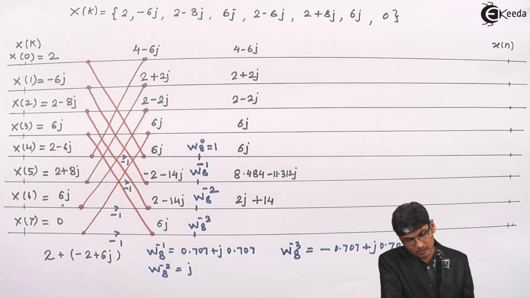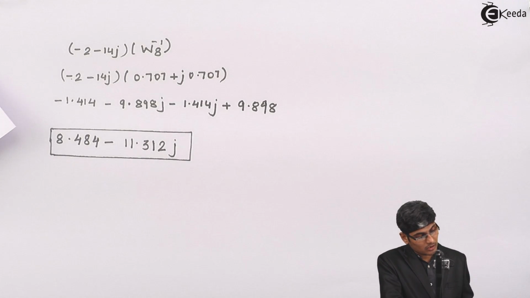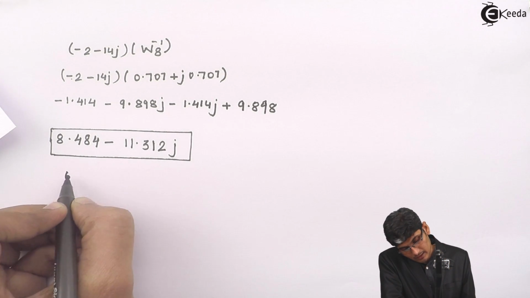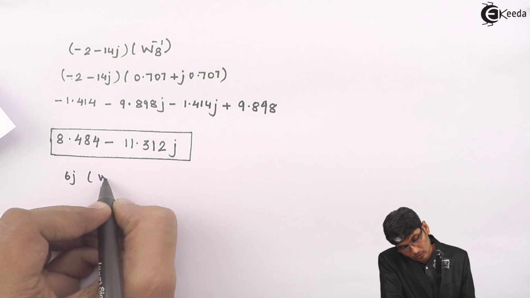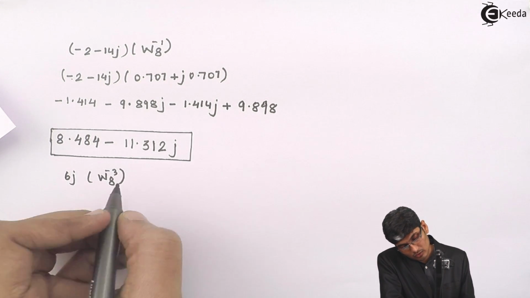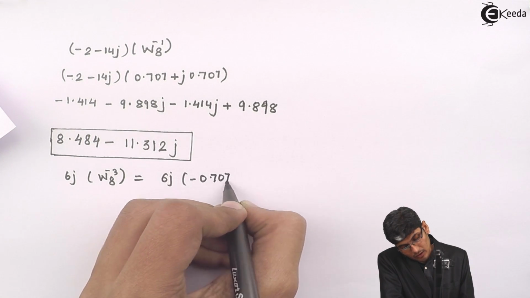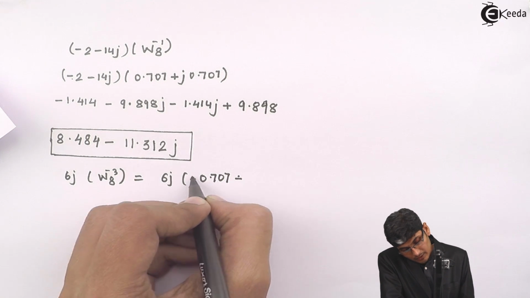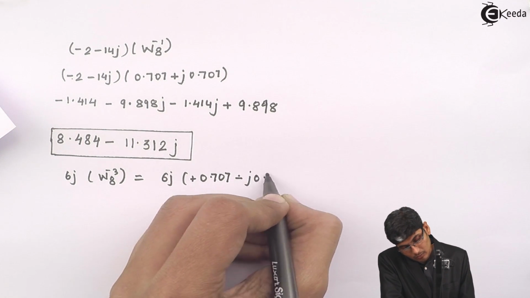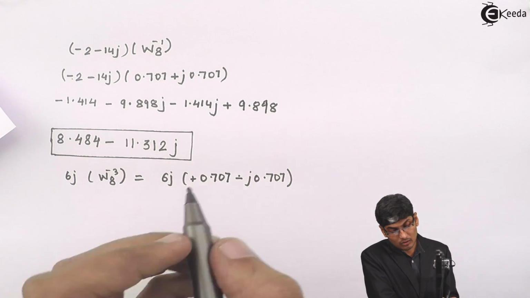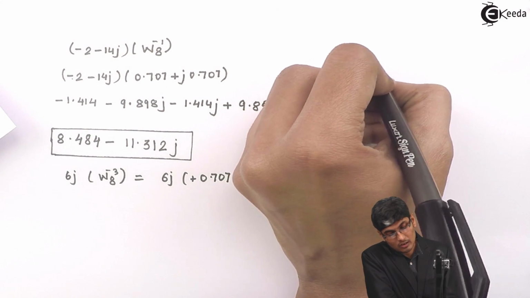And this calculation again we need to perform: I have a 6J multiplied by 0.707, so I'm going to multiply 6J with W8 raised to minus 3. So this will give me 6J into minus 0.707 plus J 0.707, because it will come in the upper quadrant. Just to recall, you can just recall that